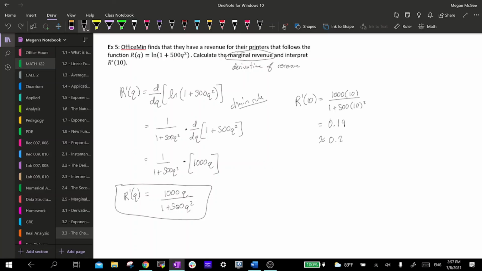And what does this tell us? So a revenue is usually dollars over quantity, right? Or the number of items. And the derivative tells us our rate of change, right? So our marginal revenue, that's how much our revenue will change by adding one more item. So our interpretation says after making 10 printers,